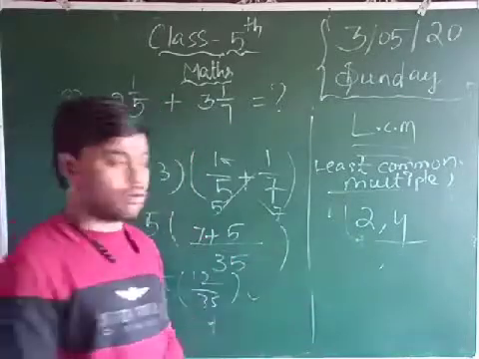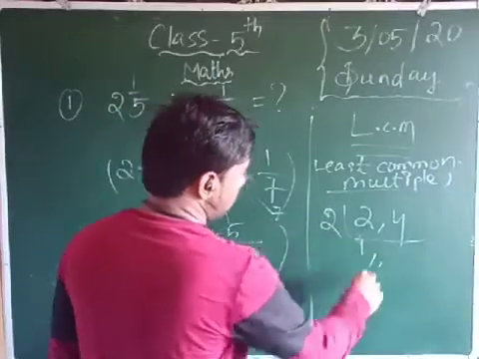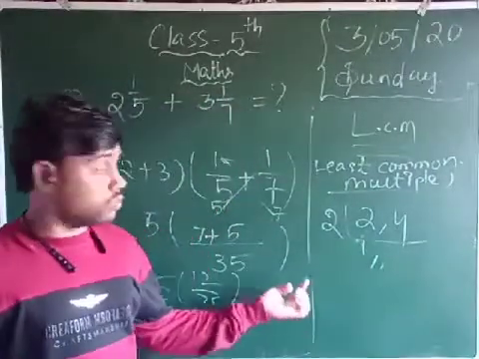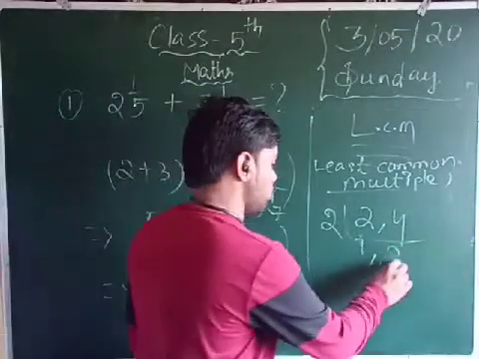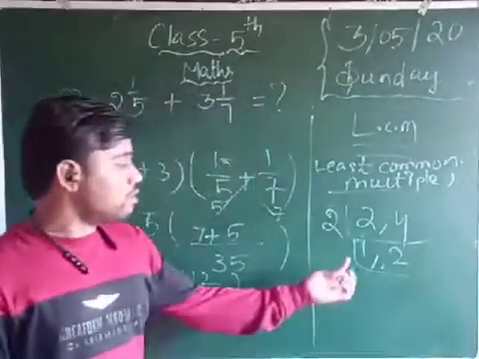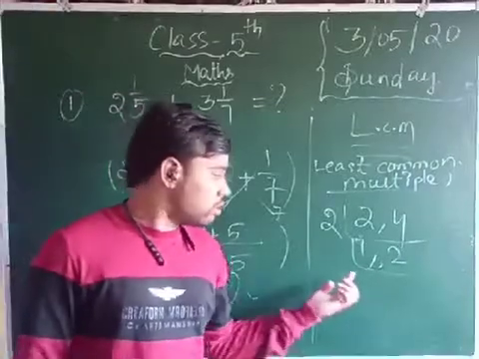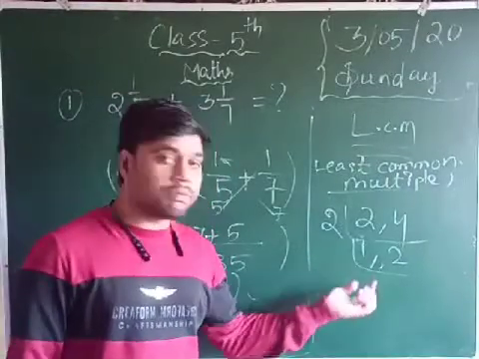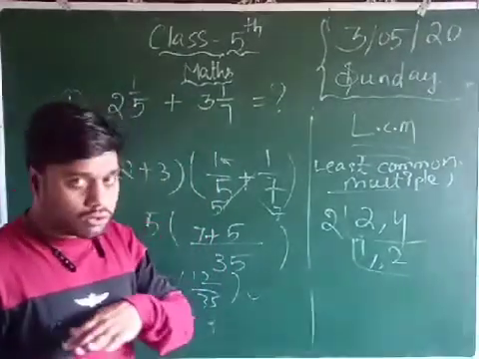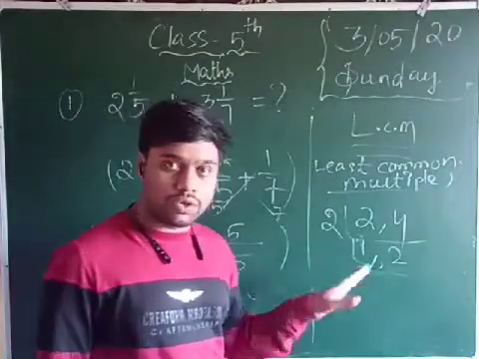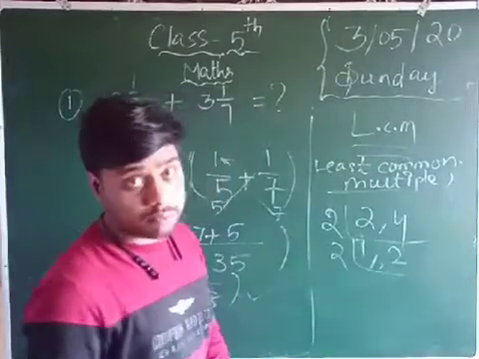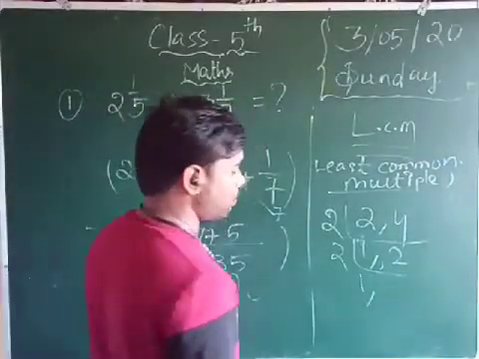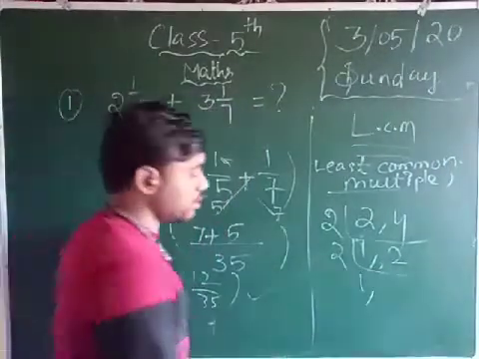Now do the 2 table. That means 2 ones are 2, 2 ones are 2. Now the other number is also present in the 2 table, so 2 twos are 4. Okay, over. Now both numbers came. Now for both numbers, 1 table is not present. Okay, that's why you take 2 also. Now 1 table gives 1, not present, and 2 table gives 1, not present. Now you take 1, and since 2 is present, 2 ones are 2.